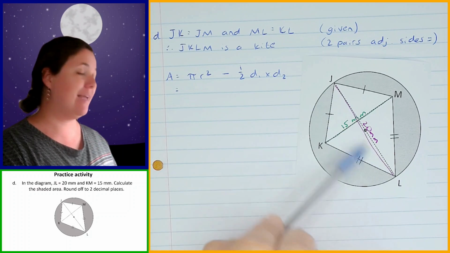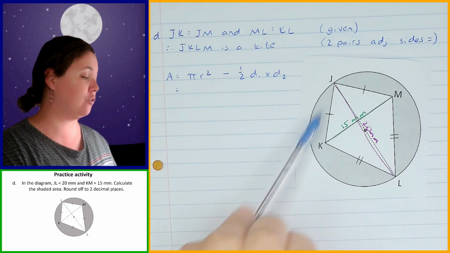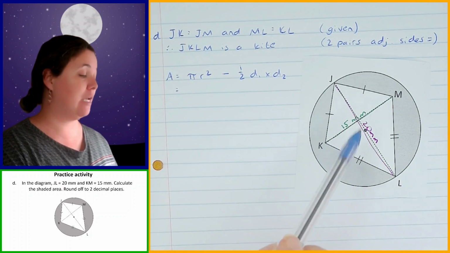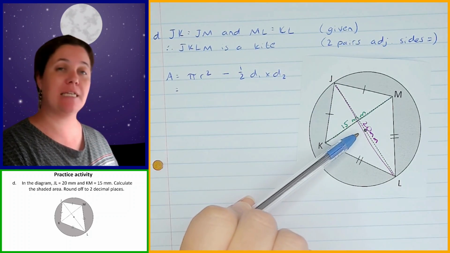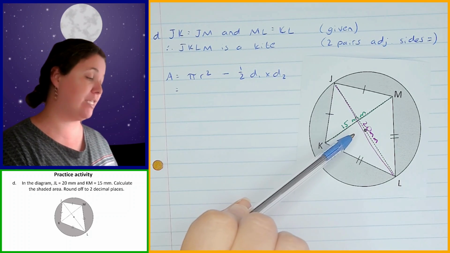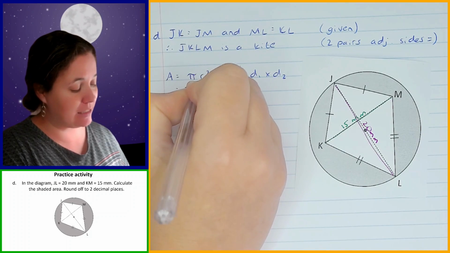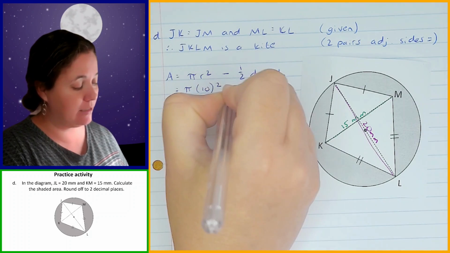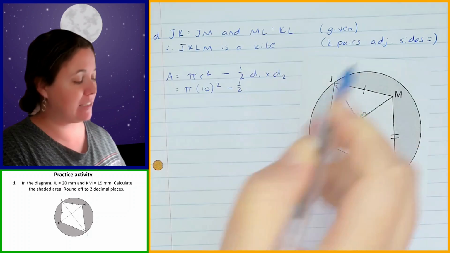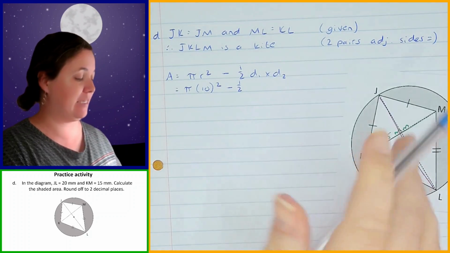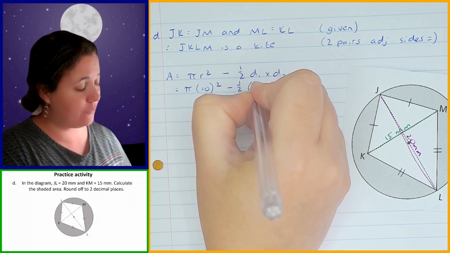So JL is the diameter of the circle. So they've told me that the diameter is 20 millimeters. That means that the radius is going to be half of 20 millimeters, so it's 10 millimeters. So it's going to be pi times 10 squared minus pi times the diameters I need to multiply are 20 and 15. So half times